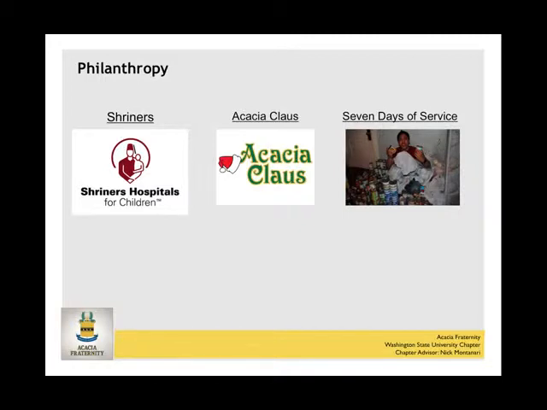So moving on from service, we're just going to go right into philanthropy. This is kind of the other side. Philanthropy would be defined as more of raising money or things like toys, whatever it may be. And at Acacia Fraternity,